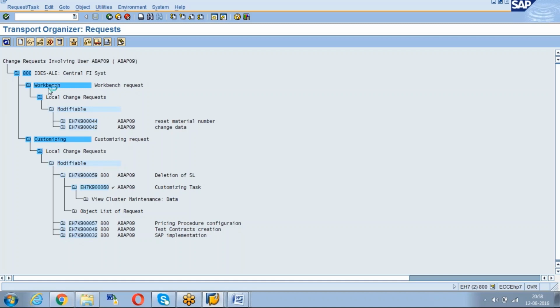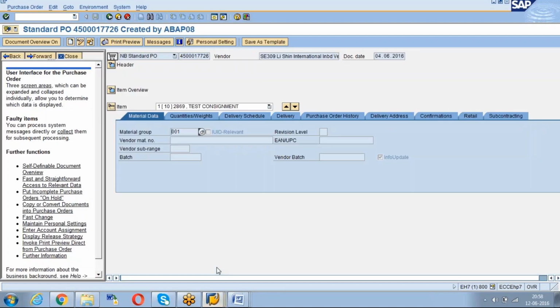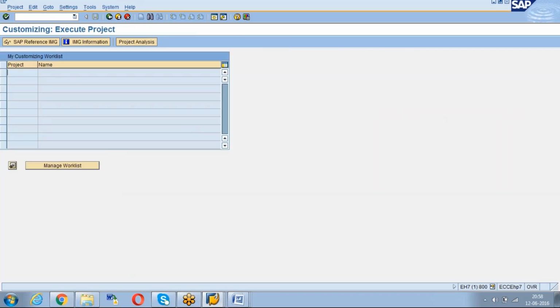It's all cross client. For example, we have one example in our access sequences. When you create any changes of access sequences, the system will generate a workbench request. Generally, the workbench request means which will affect the cross client. In the same development landscape, you can have three or four clients, right?